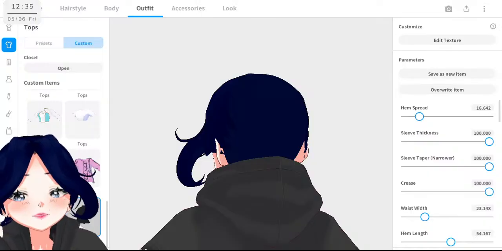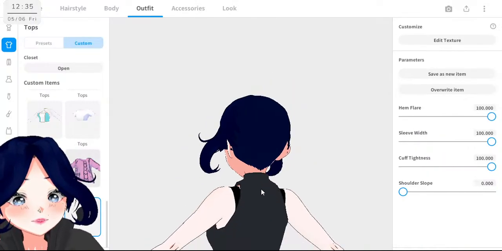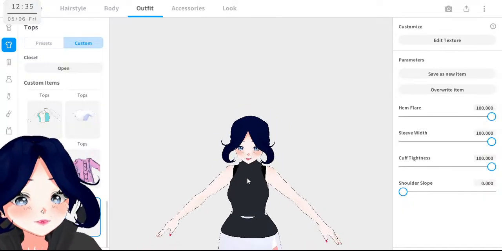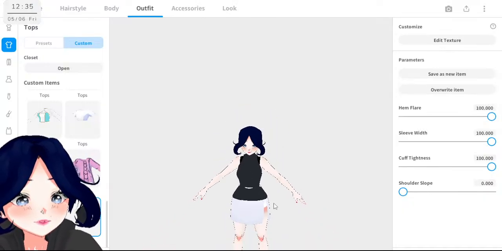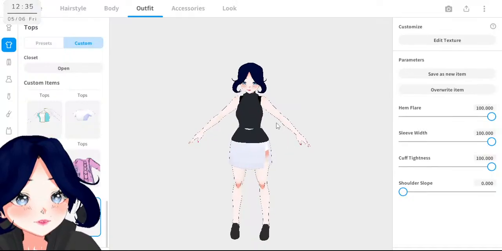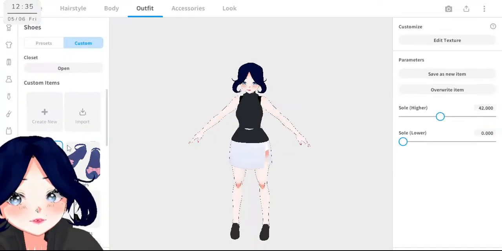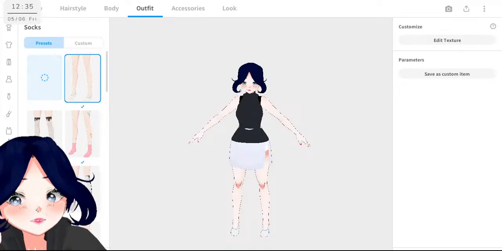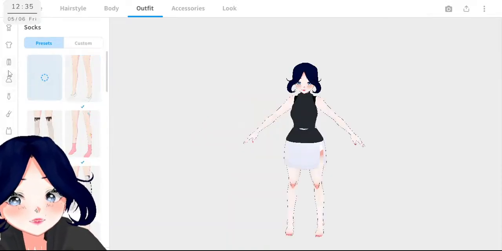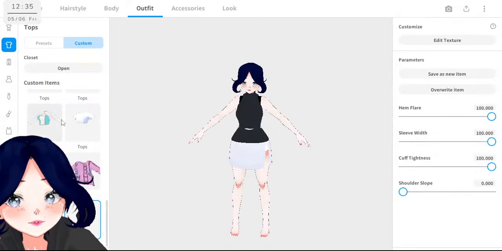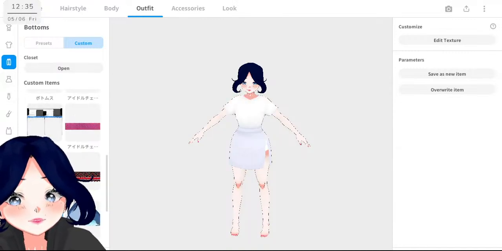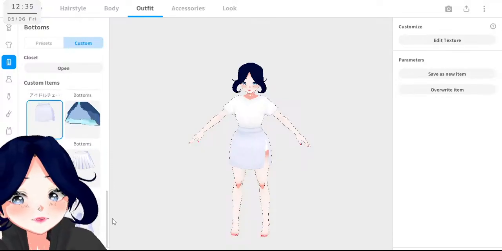I think she already has nothing else, like for the socks and stuff like that. Okay, let me remove the shoes. Presets, no socks. The top, something like this, and now in the bottoms.